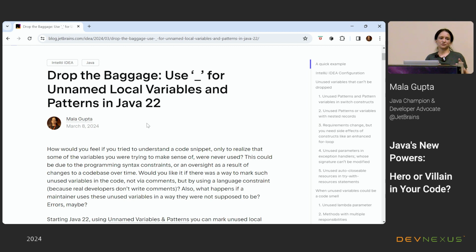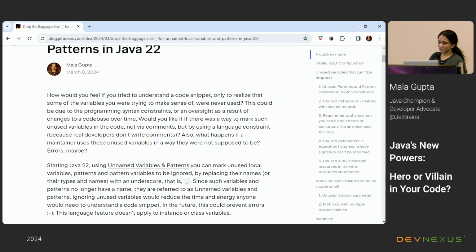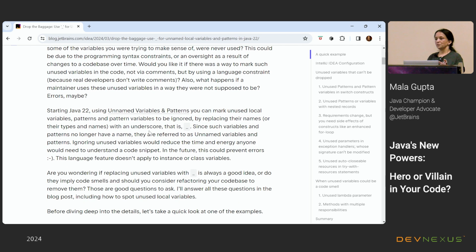But what if that is an after effect of the refactoring that we did and the variable is just lying out there? Of course, the IDE can point it out for you, but you need to take the final call on whether you want it or not. In this blog I talk about how the IDE can generate all the code for you, but you need to read the code and understand it to make sense of it.